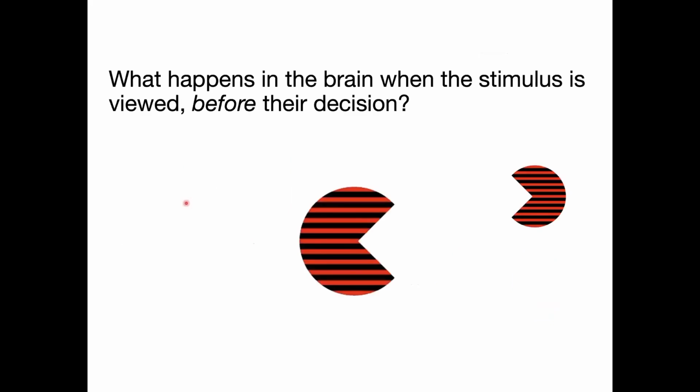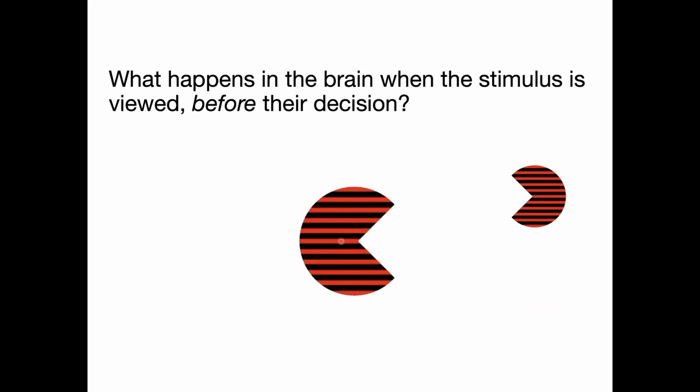switch their strategy. And if they switch their strategy, now we might want to know what happens in the brain when participants are viewing the stimulus, before the decision, because participants are supposed to construct these abstractions. So the brain has to be able to select the relevant features and then construct the task state so that learning can happen on those states and not just on all the features.